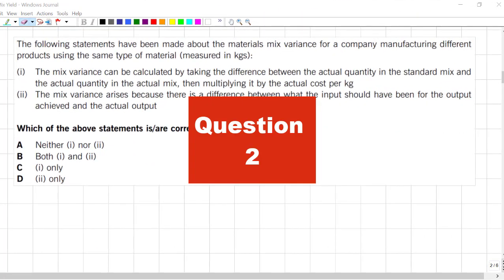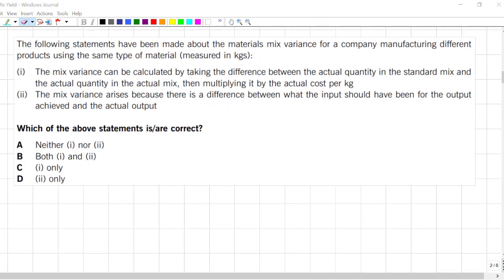Here we have another mix variance question. This time it's theoretical. It's just as challenging. What are they asking us? The following statements have been made about the materials mix variance. Now, before I start evaluating